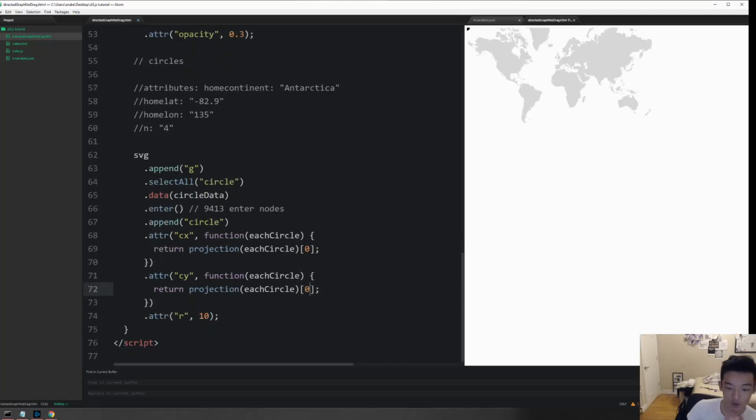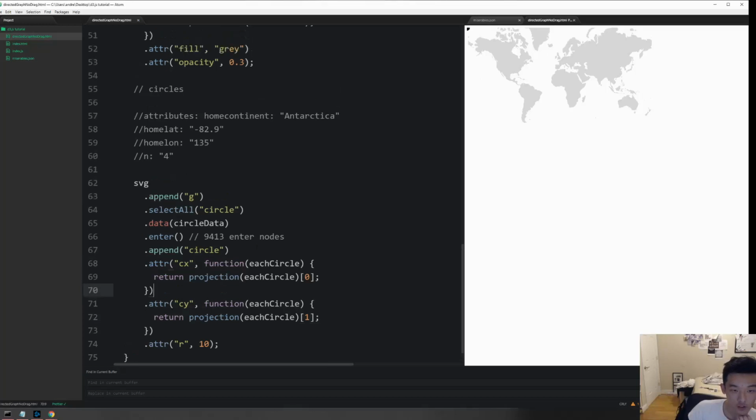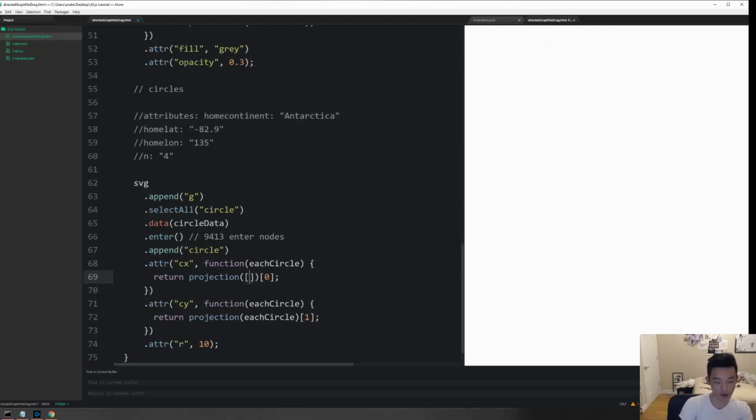And let me figure out why. Maybe this is not one. Still doesn't work. Oh, I forgot. Each circle has attributes home lon, and n. So we actually only want to put an xy pair in. So it's home lat. I mean, each circle dot that,